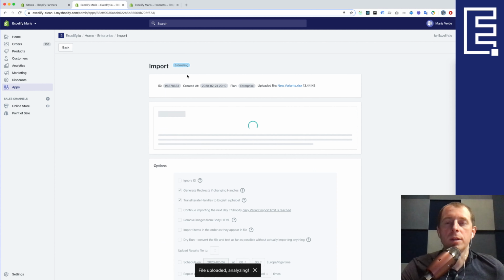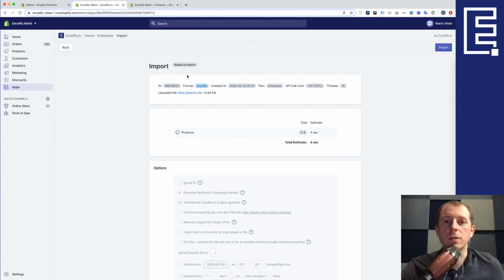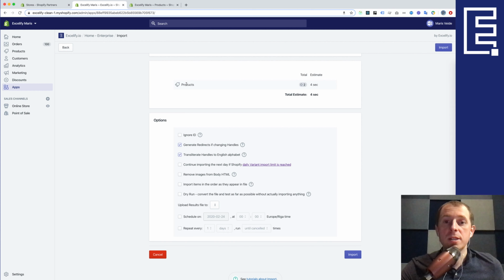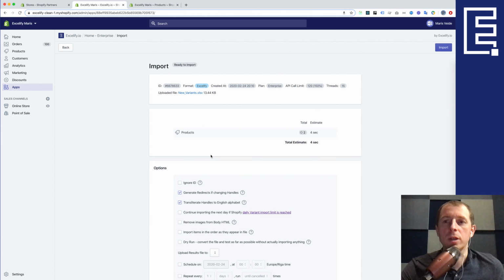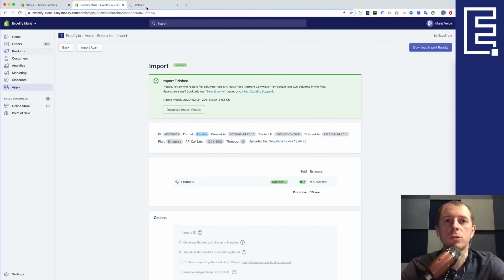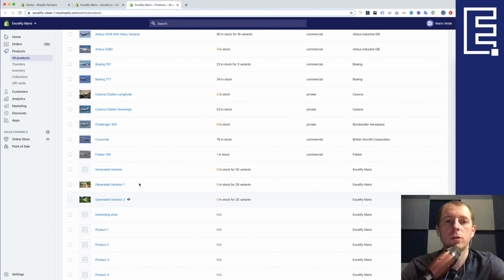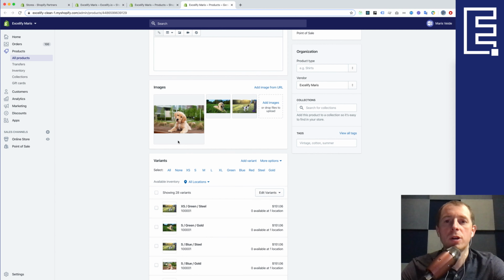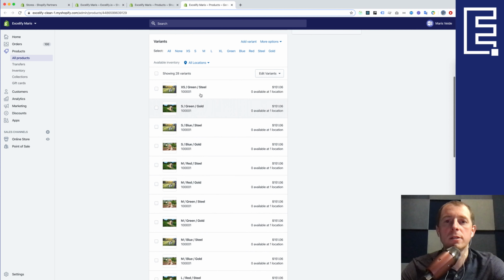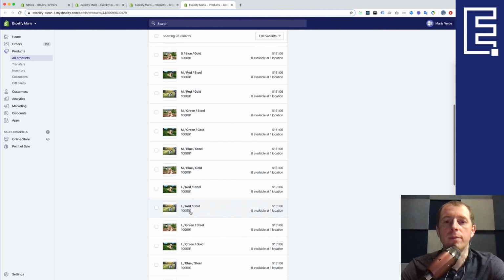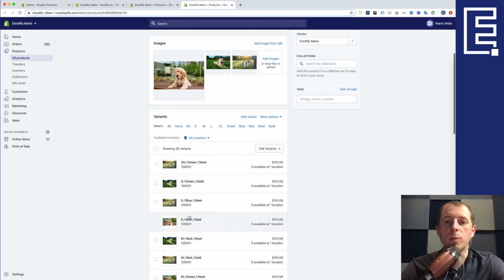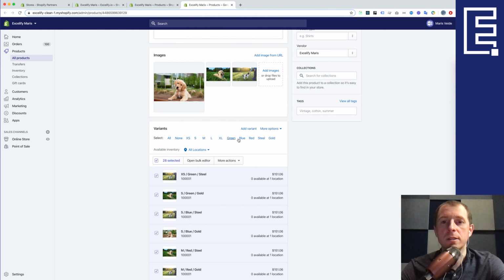we import these edited or updated variants with all the additional attributes that you set. And this time you don't check the box for the Dryrun because you want it to import actually. So let's import those both products. All right, and now it's imported. Let's go to our products in our Shopify admin, and here they are, both generated variant products. And if we open it, we can see that the images are here, and each of the variants has its own image and the values from the imported file as we modified it, with all the options like sizes and